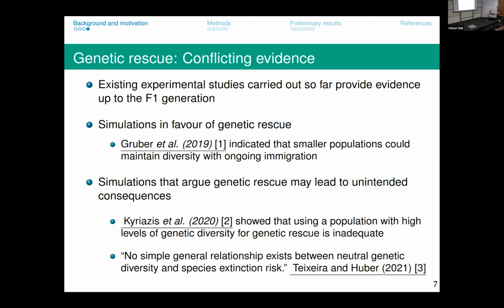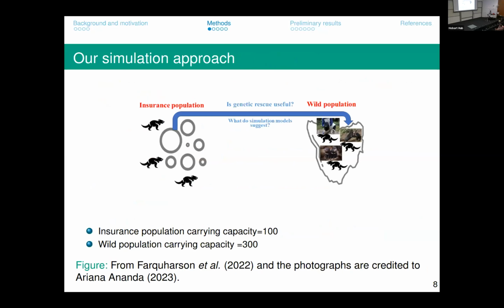So what is the evidence of genetic rescue so far? It's very hard to do experimental studies on genetic rescue because it's hard to track how they mate in the field. The option is doing simulations, and the available evidence in simulations is mixed. Some are in favor of it, saying it's good and we have to adapt and apply it. And some are opposed, saying it has unintended consequences, like Chris and Texas and Hobart. This is what really motivates us to do simulations on genetic rescue.